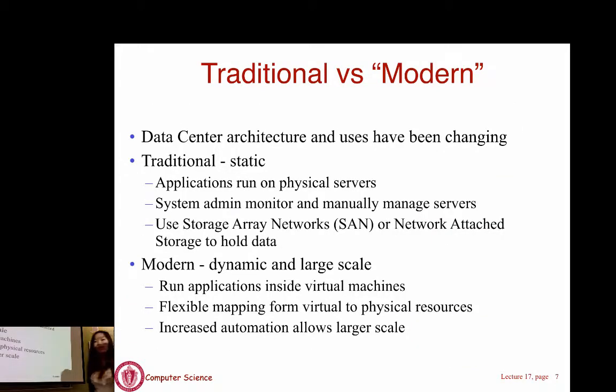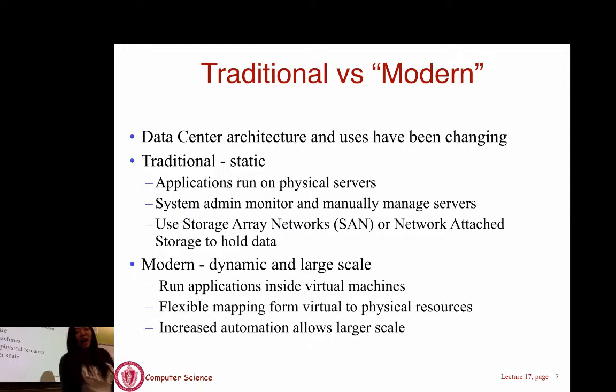Before talking about the last piece of data centers, I just want to quickly mention that the data centers built today are mostly modern data centers. They're very dynamic. They can scale really well, and they can have flexible mappings from virtual to physical servers, which we're going to talk about in the virtualization technologies. So the dynamics is enabled by the virtualization technologies.